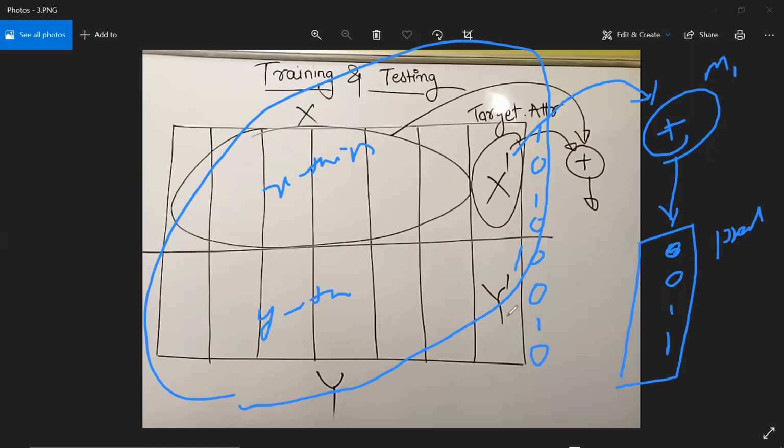Now I compare the actual table to the predicted table. I hope you understand. The next step is I'm going to compare the actual table to the predicted table. Can you tell me what the model accuracy is now? This one. What is the model accuracy, guys? 0, 0, 1, 0, 0, 0, 1, 1. 75 or 80? Between 75 and 80, right?